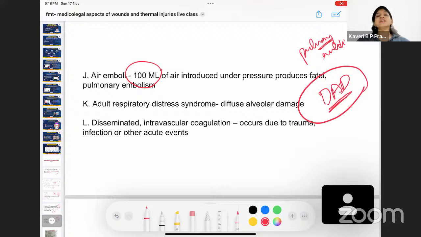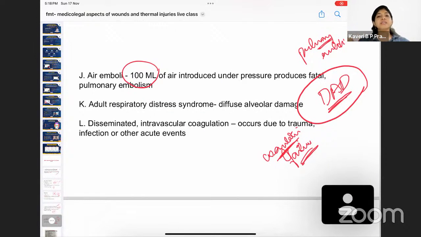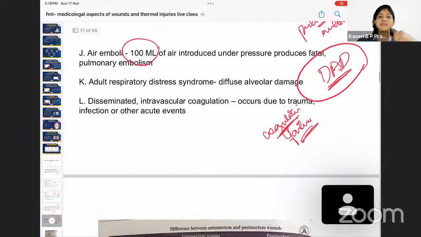Okay, and also there could be coagulation failure that is happening. Whenever there is coagulation failure, even then the person can die. And coagulation failure can occur mostly because of some infection, because infection could supervene on the trauma, and that could act as the cause of